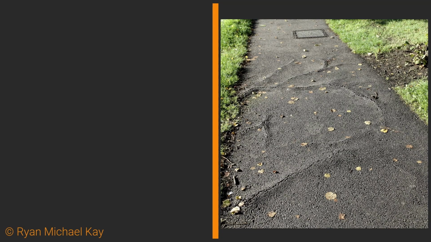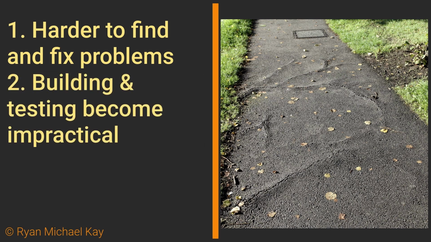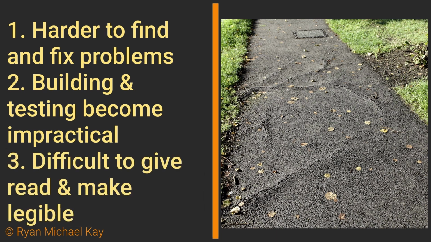Let us contrast this with a continuous, or as we say in software development, monolithic system. If one part breaks, the integrity of the entire system often breaks. Because of that, it can be difficult to isolate the origin of the fault. In most cases, you must build the whole system or most of the system before you can test at all. It is difficult to give a good descriptive name for something which does everything. It is often highly difficult to read and understand the system, even for the people who built it. I could go on, but the point should be obvious by now.